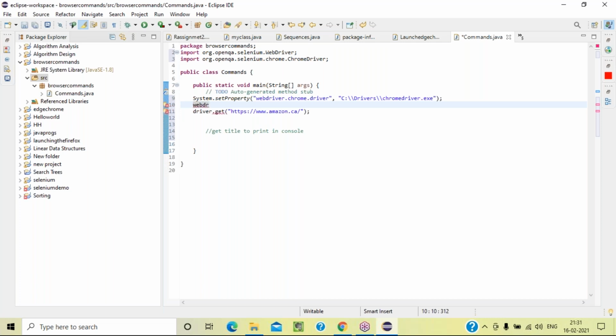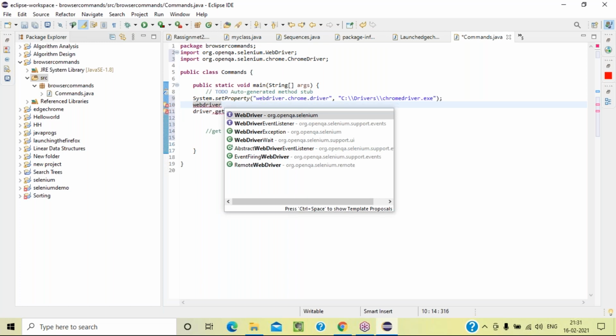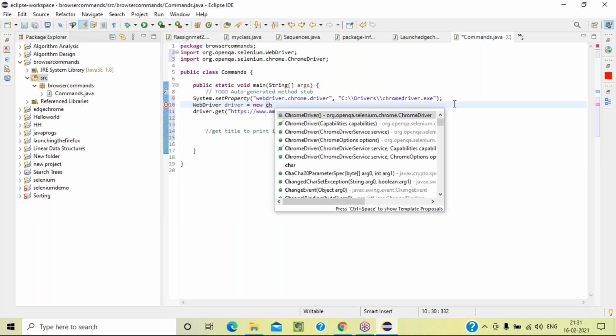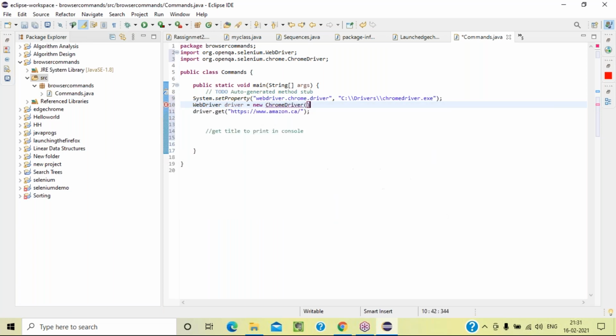Okay. WebDriver object. Create the object equals new ChromeDriver. Use control space. Yeah, first one. Now driver dot get.